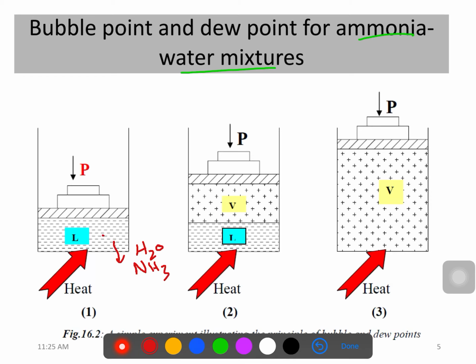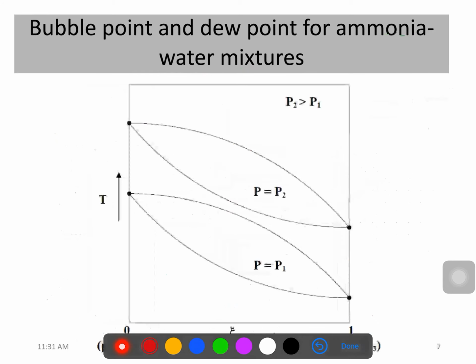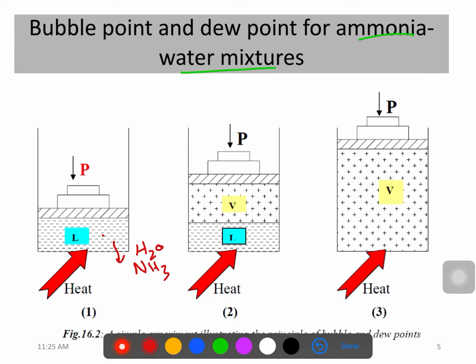Once we are providing the heat to this system, this is under constant pressure. A piston is fitted, with some weight kept on top of it, which provides a constant pressure. Once we are providing the heat to this system, this liquid